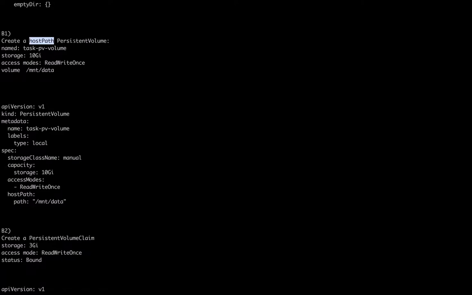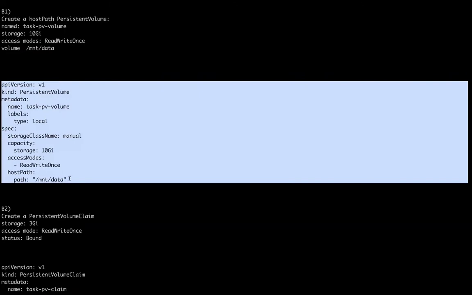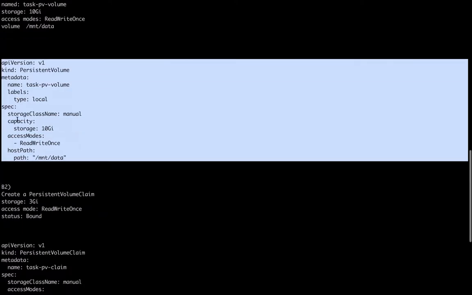They ask to create a persistent volume with a storage value of 10 GB and read-write access mode. To create the PV manifest file, either you have to remember the syntax, or you can get it with kubectl explain and the type of resource. Like here we are going to create a PV, so kubectl explain pv. In the last recording, we showed how we use that short command. So this is the syntax.